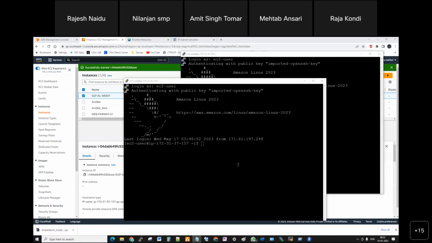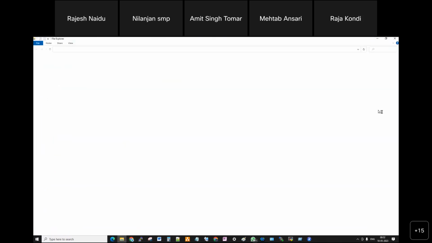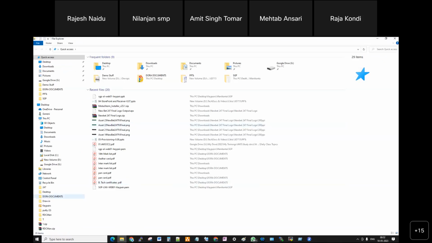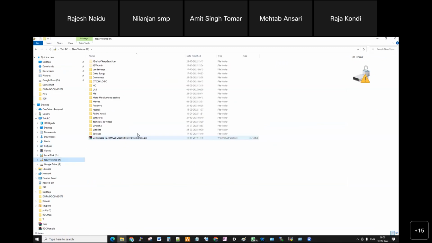So first I will explain how the console looks. Normally I'll compare to Windows, guys, then only you'll understand. If I directly explain Linux, it's a boring subject. So for a change, I'll compare with whatever Windows system you are using. The Windows system and Linux systems are actually similar, and the same type of file system will be there. Suppose you open File Explorer in your Windows machine, you know where you are. For example, if you select some drive, you can understand, yes, I'm in drive D and these files and folders are available.